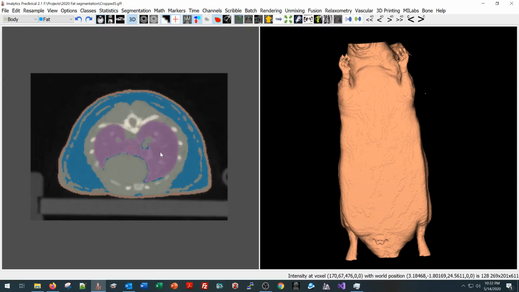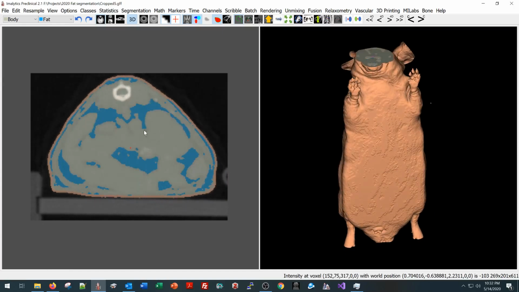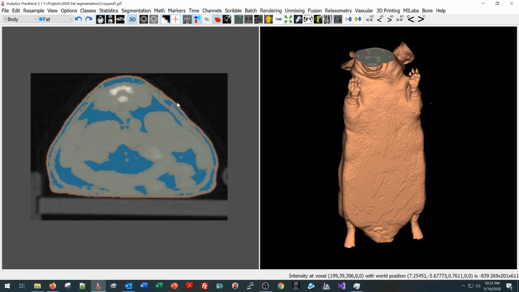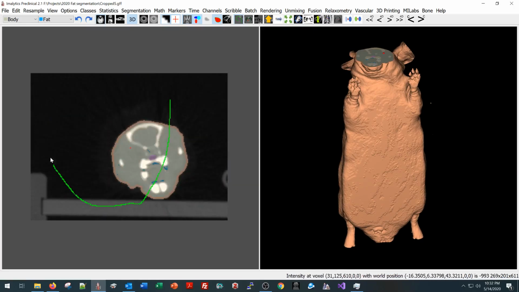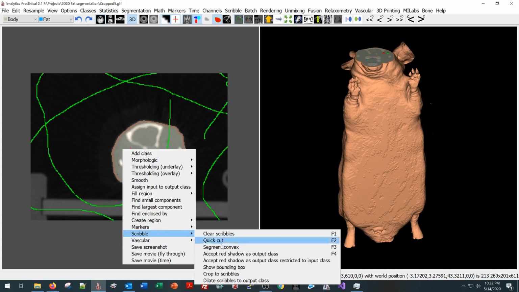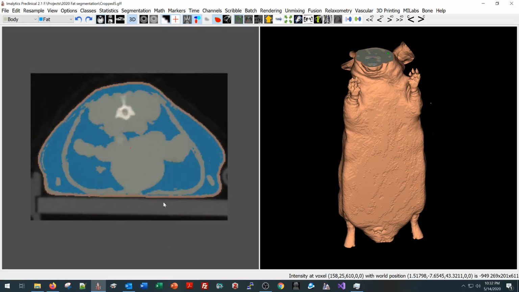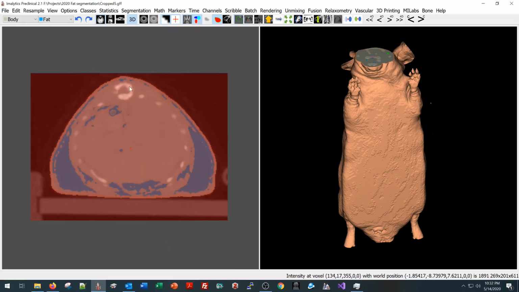And if you want to visualize that, if you want to show that in 3D, you can make a cut somewhere with the scribbles here, go all the way up to the head. Basically scribble the whole region, then you show the bounding box of the squiggles here. It's all red above that region, and then you select the output class here